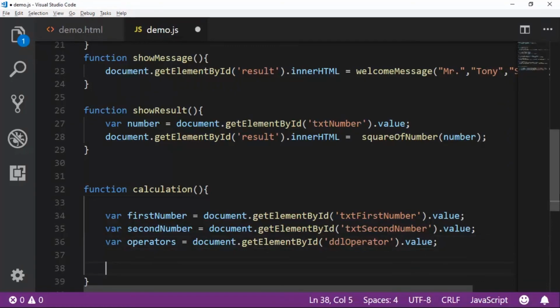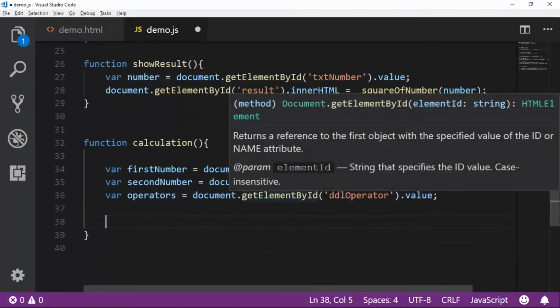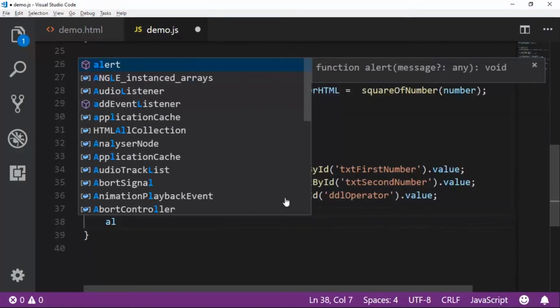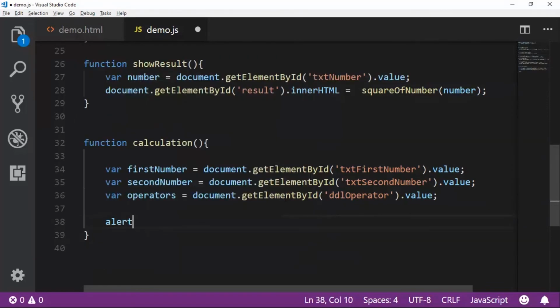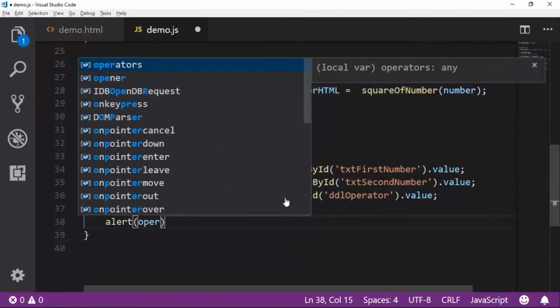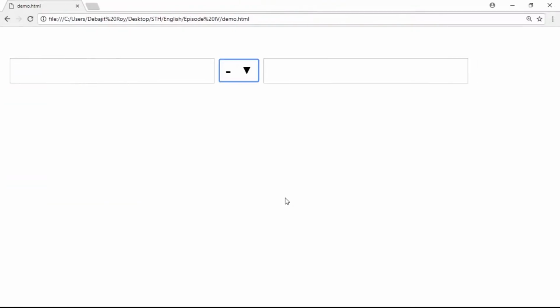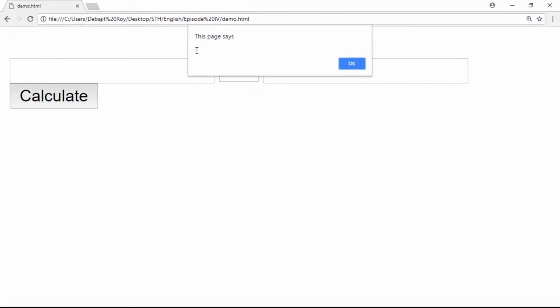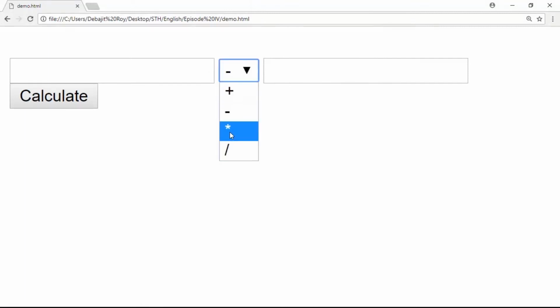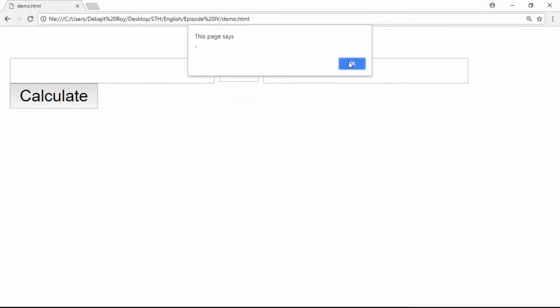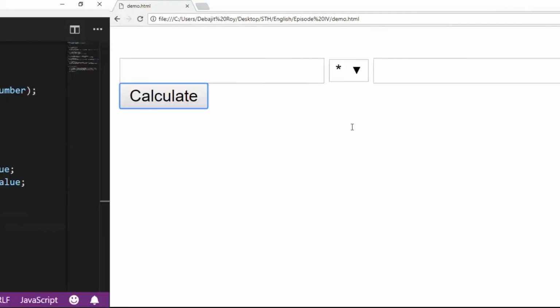So before doing any calculation, let's alert the operators, selected operators. Okay, let's alert it. Go to the browser, refresh it. Okay, so select it, calculate. Yes, see the minus, this symbol is coming from that value